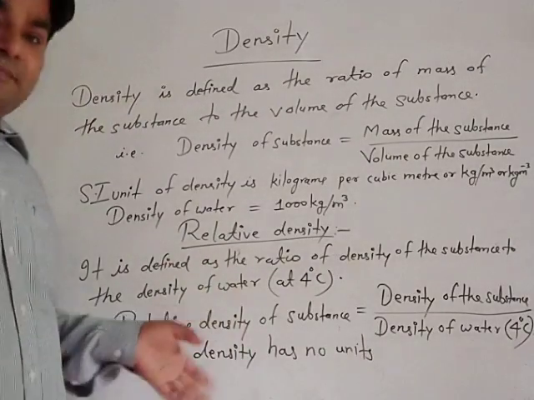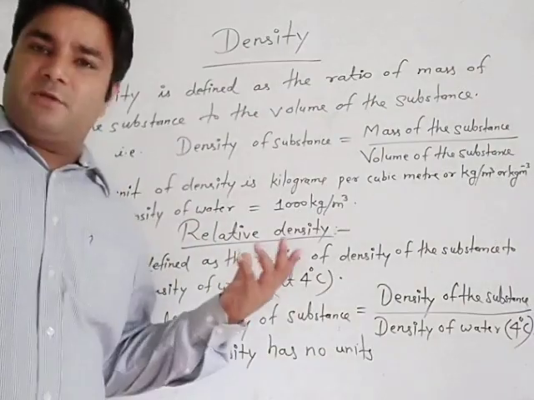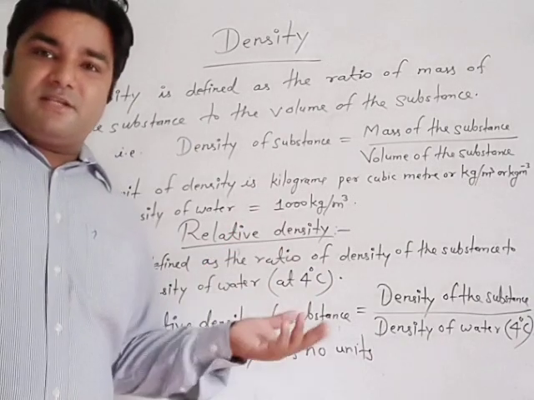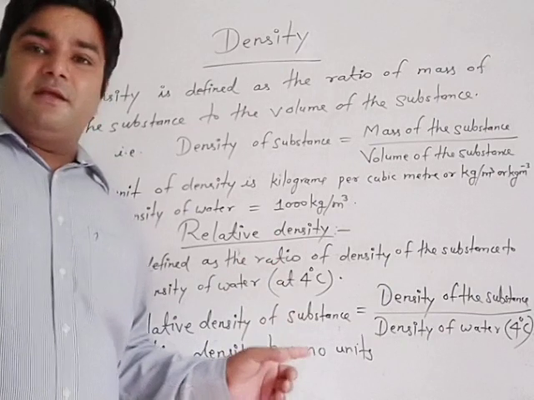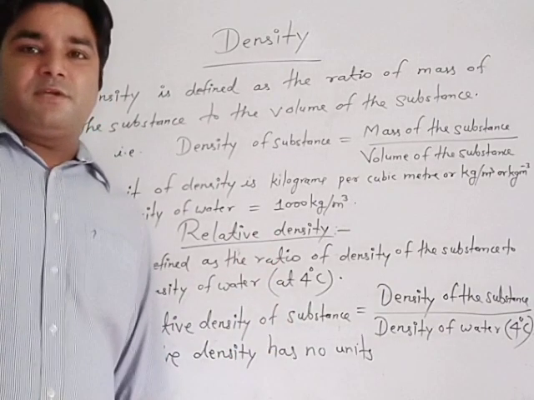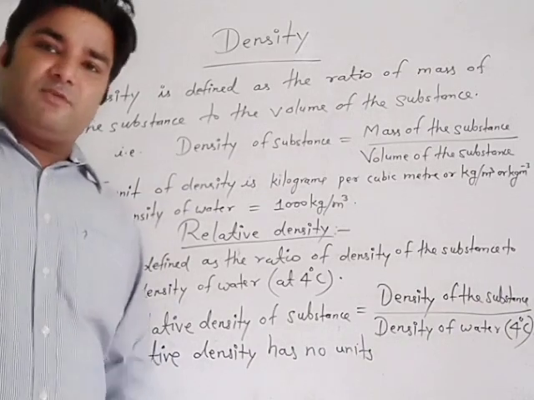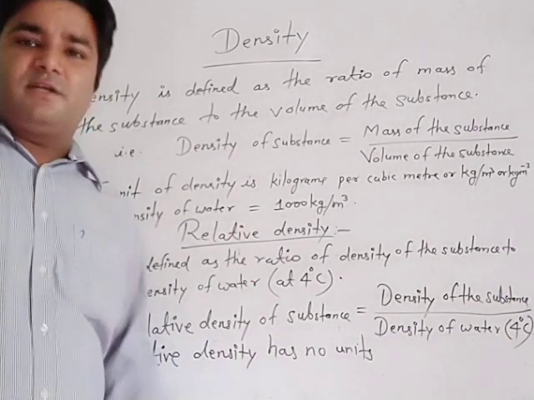So these two terms, when you write them down one time, are very easy to learn. And when you understand the concept, then you can solve any numerical based on either the density concept or the relative density concept. So that's all for today. You will revise all the terms, and in the next lecture we will solve numericals based on each topic step by step related to the third chapter, gravitation.